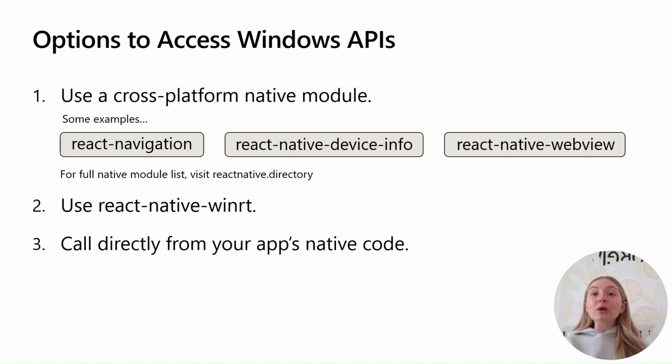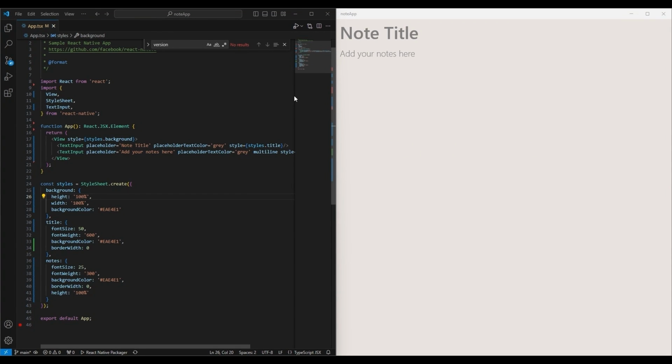For our app, we want text-to-speech functionality so users can play back the notes they have written. Let's take a look at how to add text-to-speech functionality through Windows APIs in our React Native for Windows application. Now that I have some basic UI written for my note-taking app, I now want to add the feature of playing back the notes a